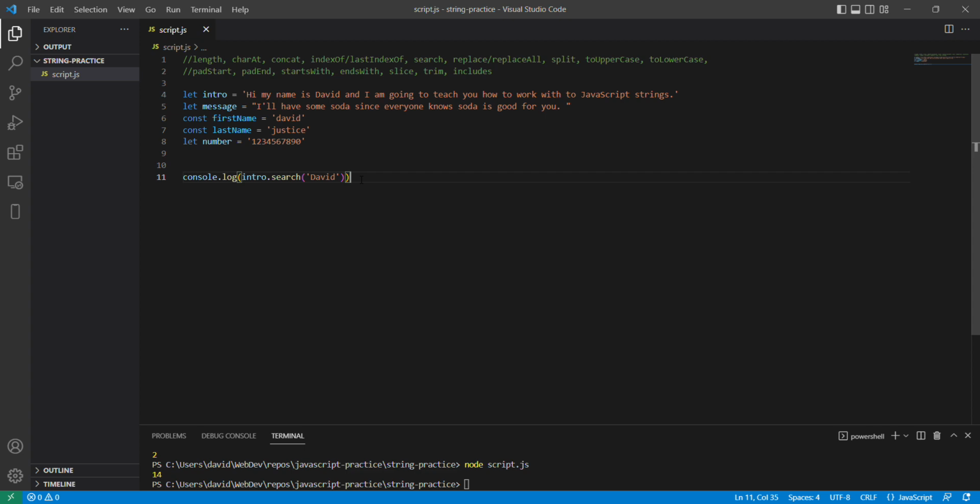So that's search. Again, you may or may not use that. I like search if you're trying to look for a name or a word versus a character. For instance, if I wanted to see if there's a period in there, I probably wouldn't use that. But